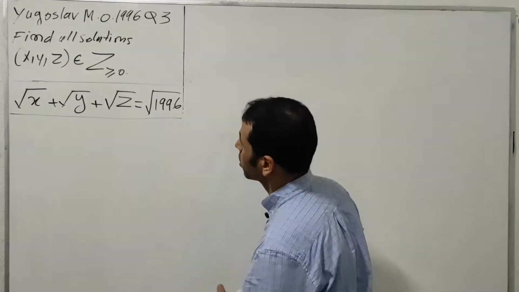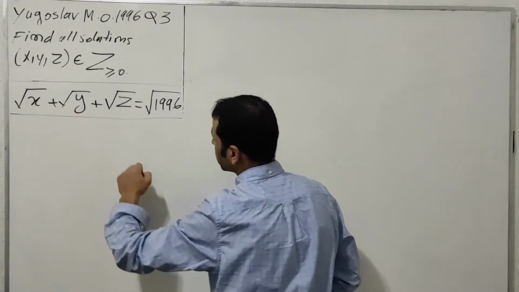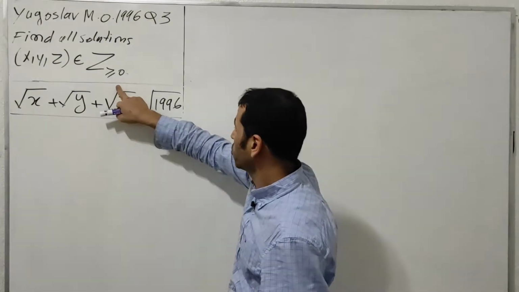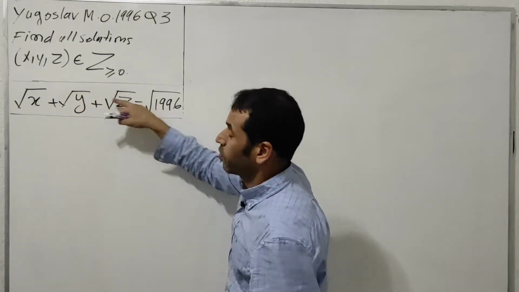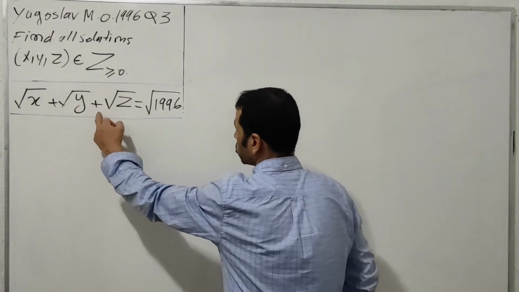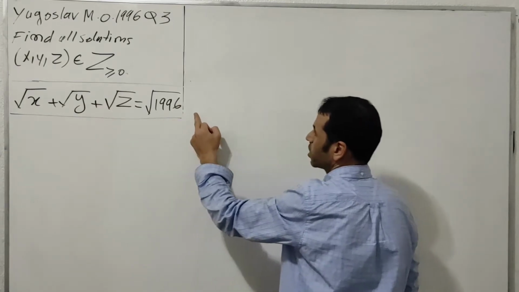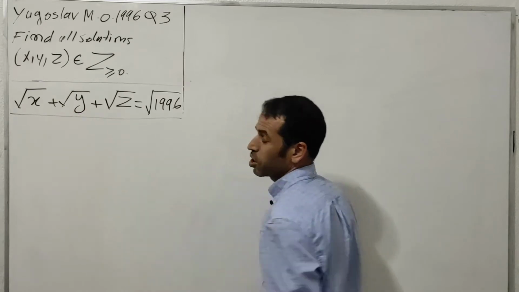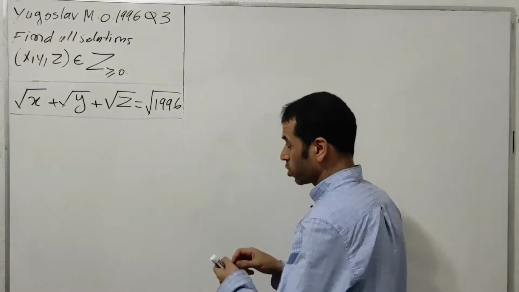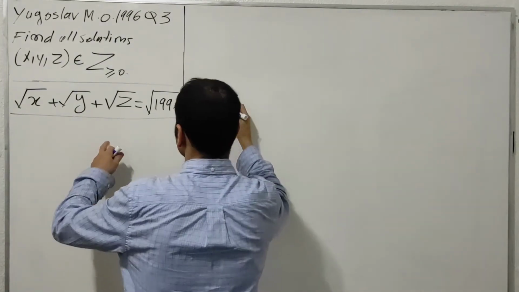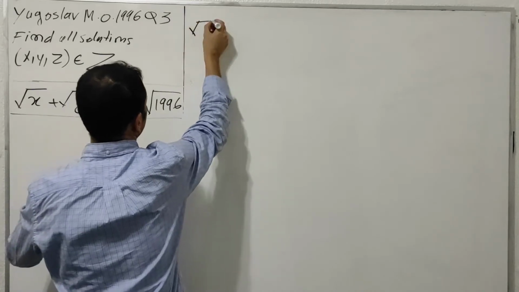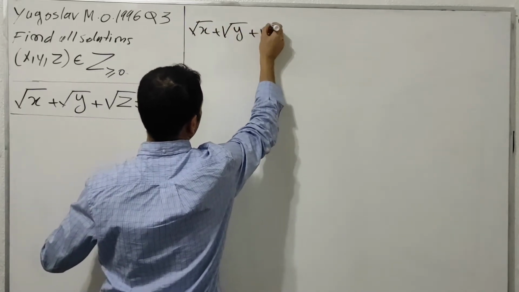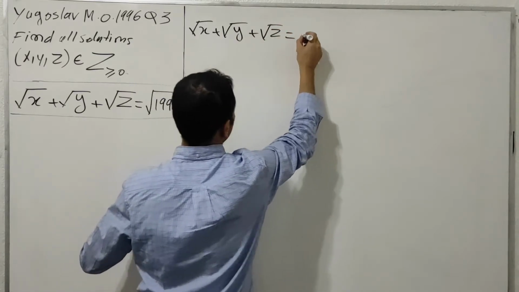So the first thing that I'm going to notice here: if you try to square the left hand side of this equation, it will be hard to simplify. So I'm going to use a trick. I'm going to move one term to the right hand side of this equation and apply the exponent to both sides. So let's do that. I will have square root of x plus square root of y plus square root of z equals square root of